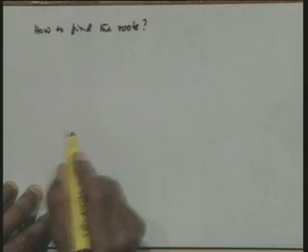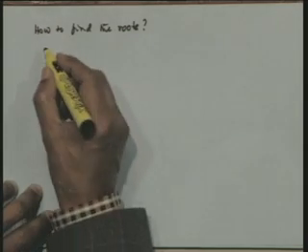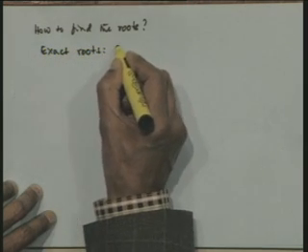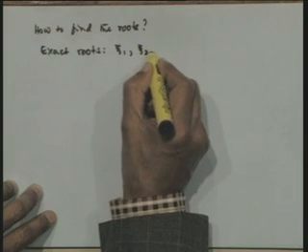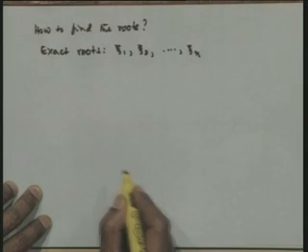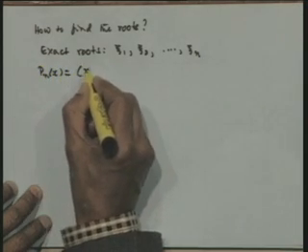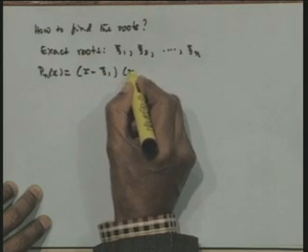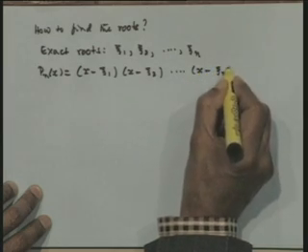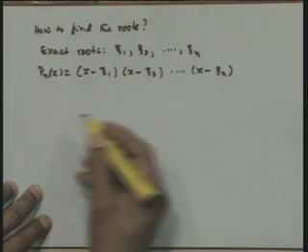Now, I would explain the philosophy that is used in deriving some of these methods. Let us assume that the exact roots of the given polynomial are xi1, xi2, ..., xin. If these are the exact roots, then the polynomial can be written as (x minus xi1)(x minus xi2)...(x minus xin). So the polynomial can be factorized because these are n real roots.